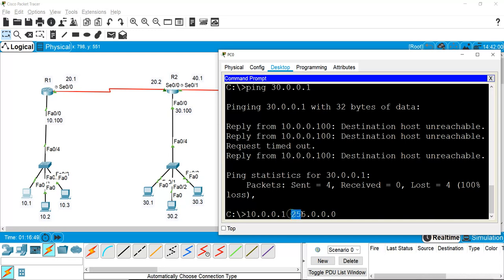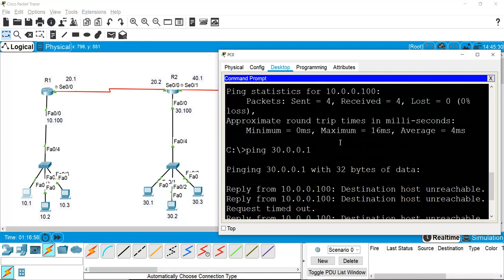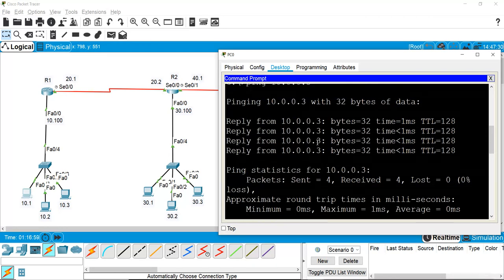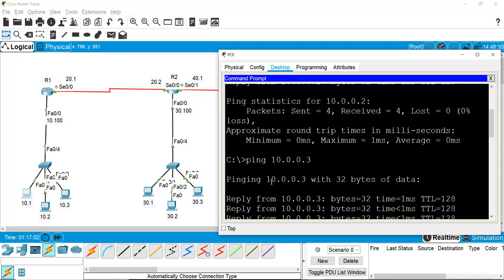The subnet mask says this is the network, which means 10. So when you ping any of these IPs, which is 10.0.0.100, 10.0.0.2 or 3, your machine checks that my network is 10 and what I'm pinging is also 10.